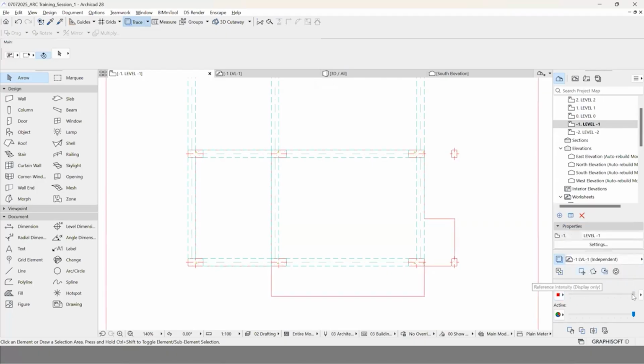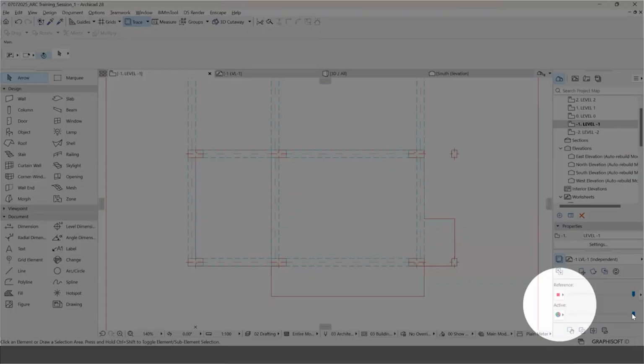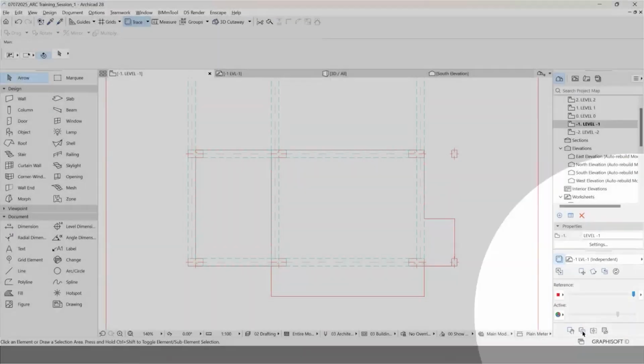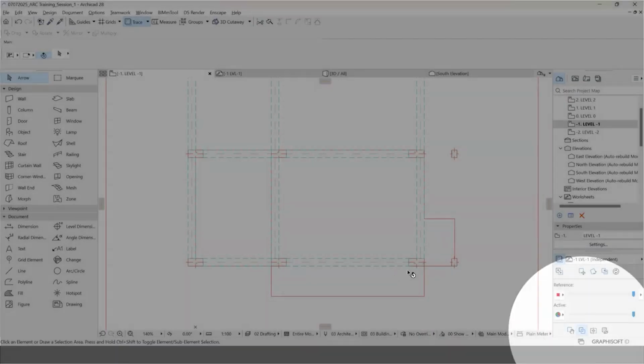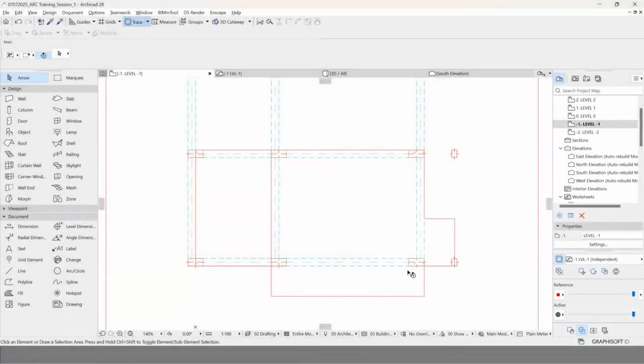Now, what I'm doing is making sure my trace is in red color. And active is the model that we are working on. So if you want to reduce, I can do that. Or you can also bring the reference front by clicking on this particular button. So I can now clearly see where my slab is placed. So this is one of the methods that you can use for using a CAD reference and working on